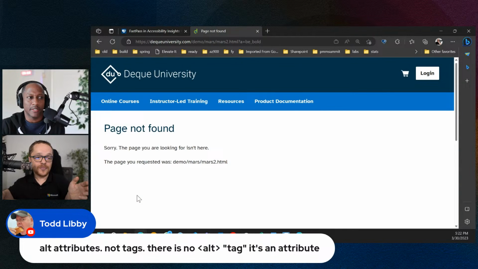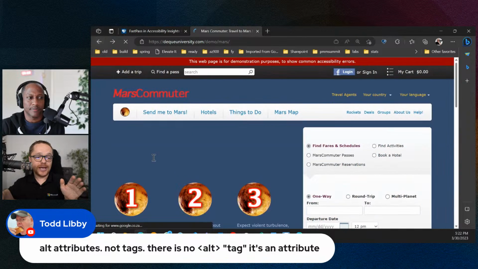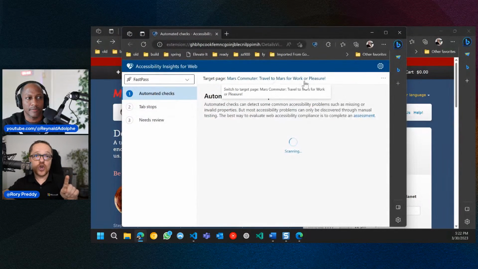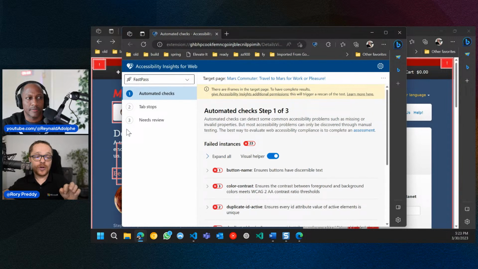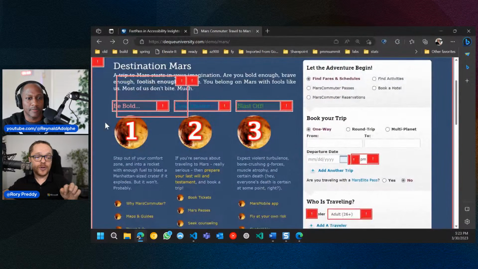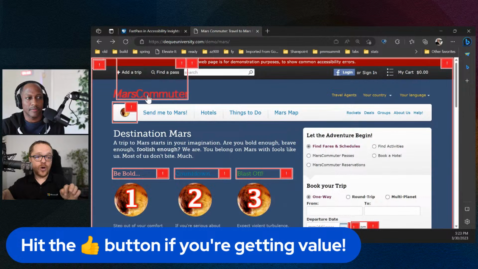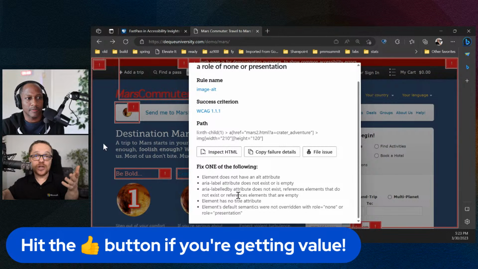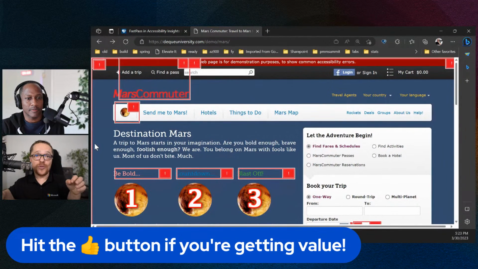So this is an alt tag here. If you see here, let's go back there. It's actually picking up that there's a problem here. So let's click on fast pass. So alt tags is alternative names. So let's go back here. If we click through here, I can't actually click it there, but there's no alt tag. So over here, you can see there, failure rules image alt. And alt tag says you need to have a description for that image. That image there, that's the Mars community there, and it doesn't have one. And you need to go in and create one. And I'm going to show you with the tooling and how to do that.